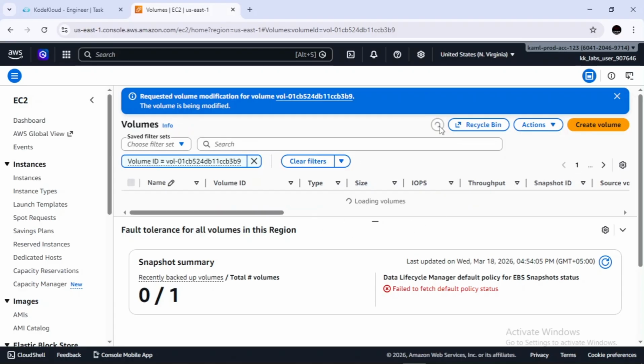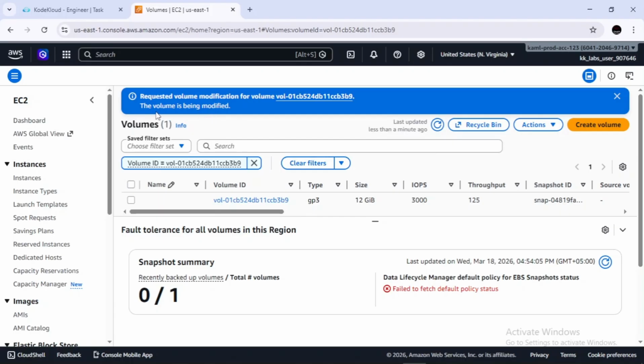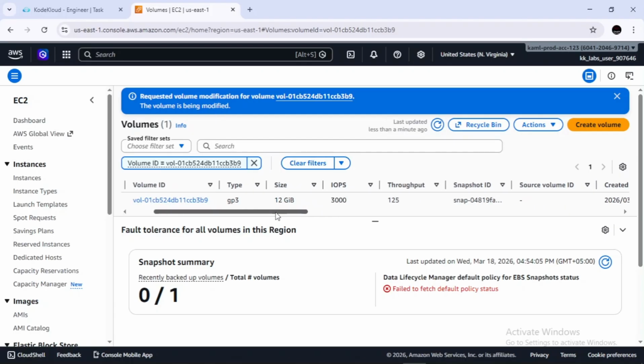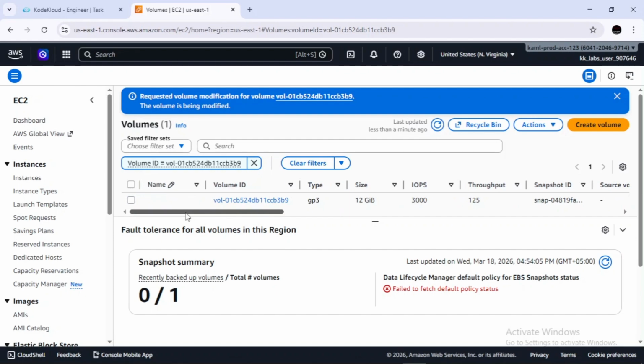Refresh this. So now the volume is being modified. As you can see, the size here is 12 GB, but when we connect to the EC2 instance, you will see that it still has the old 8 GB, so we need to modify from there as well.